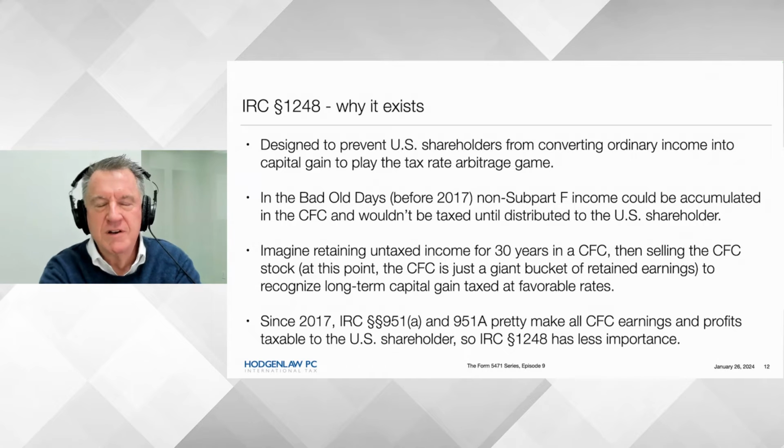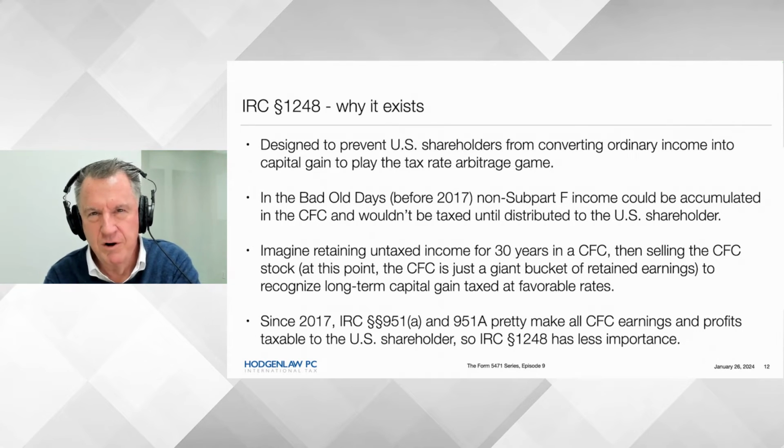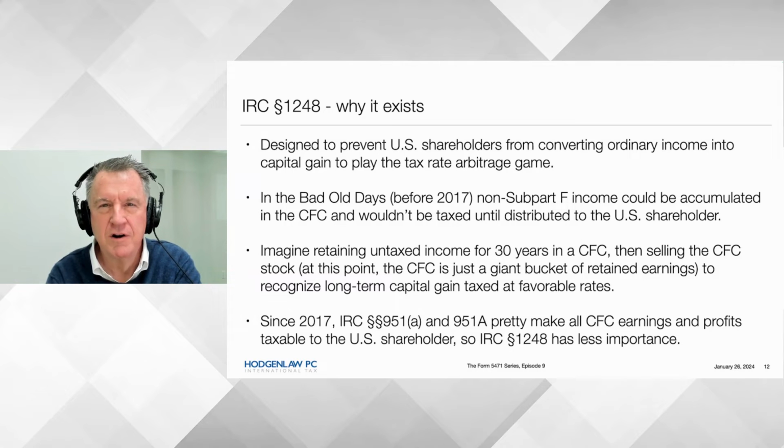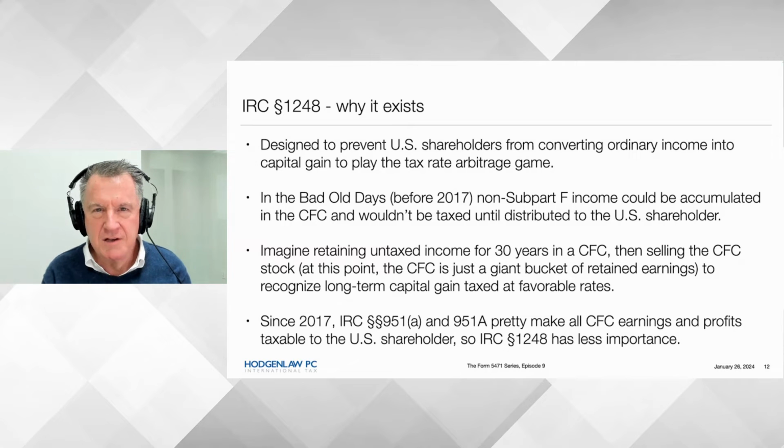And before 2017, the only rule that existed was subpart F. So if you had an ordinary operating CFC abroad, it could defer recognition of the profit that it was earning on real live businesses and build up untaxed earnings and profits tax-free year after decade, which was good. And everybody loved it except Congress. And that's so 2017, Section 965, transition tax and all that fun stuff. So 1248 mattered a lot before 2017.